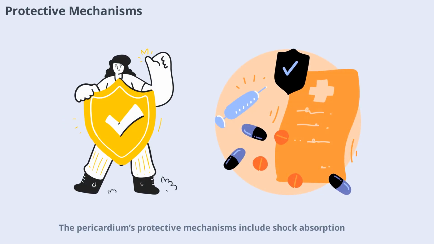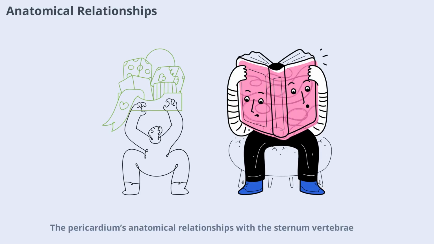The pericardium's protective mechanisms include shock absorption, restriction of excessive movement, and prevention of overexpansion. These features work together to ensure that the heart remains safe and functions efficiently, even under varying physiological conditions. The pericardium's anatomical relationships with the sternum, vertebrae, and major vessels are vital for its function. These connections help anchor the heart and provide a stable environment for cardiac activity, highlighting the importance of spatial orientation